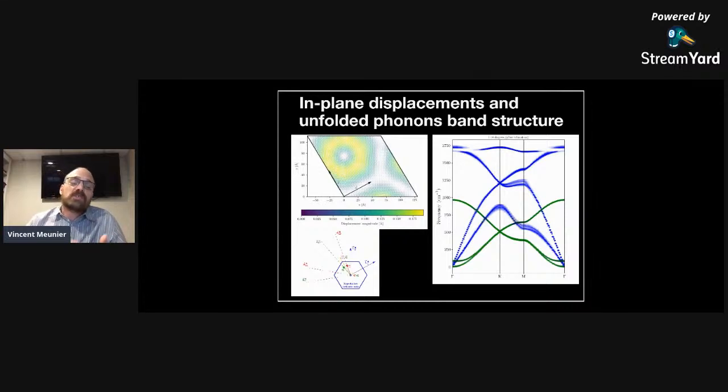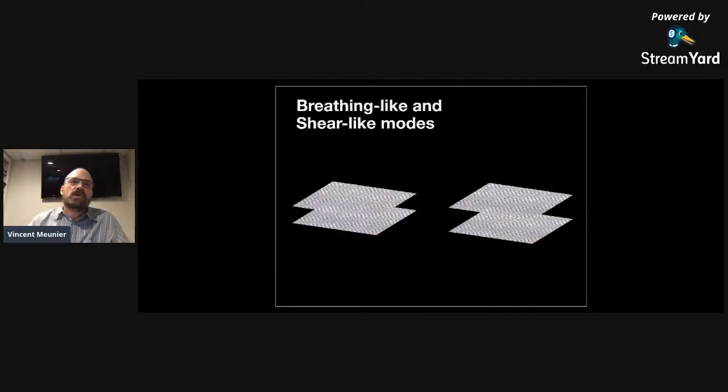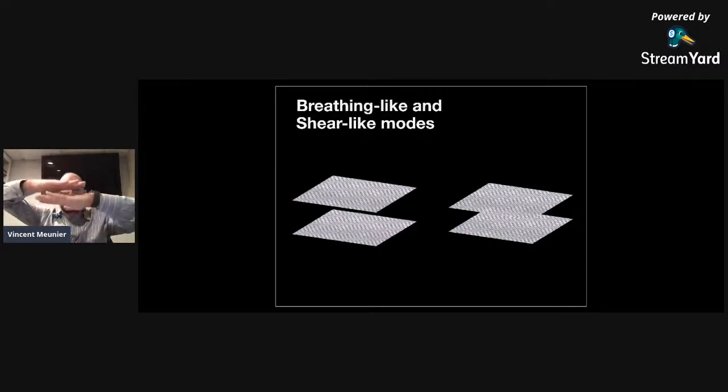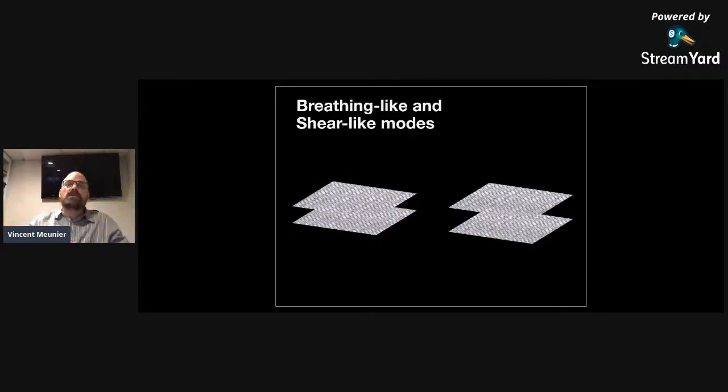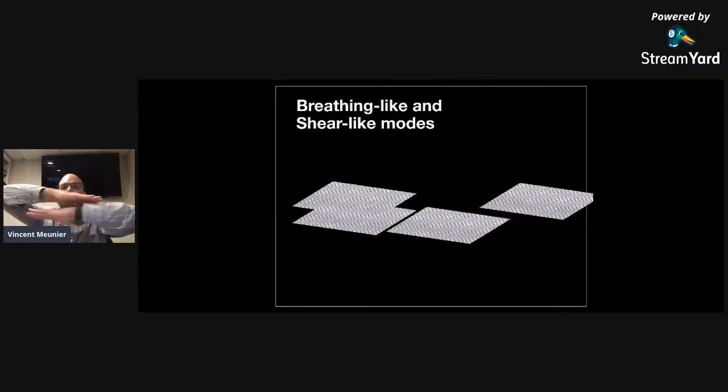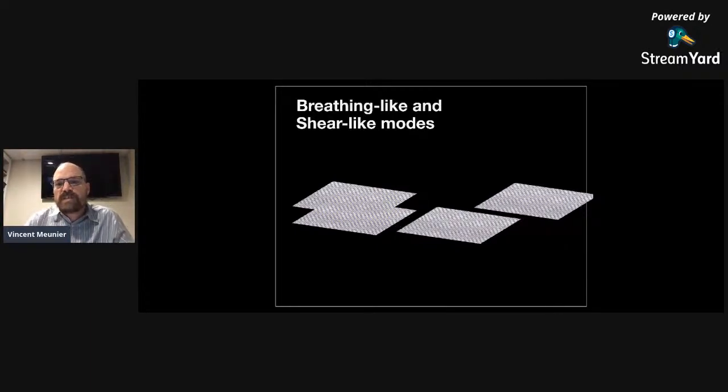And so what happens is that new physics is actually taking place, and in this case, the physics is not so much in the electrons, but it's actually in the phonons and how the quantum of vibration behave in such a quantum material again. So in particular, one thing that's also always interesting, and I show the students, is what's happening here in those low frequency regions. And those low frequency regions are actually related to two specific modes, which is the two layers breathing. So it's a breathing-like mode. Another one is the shear mode, when the two layers are moving like this. So these are two properties that can also be used to understand the angle.